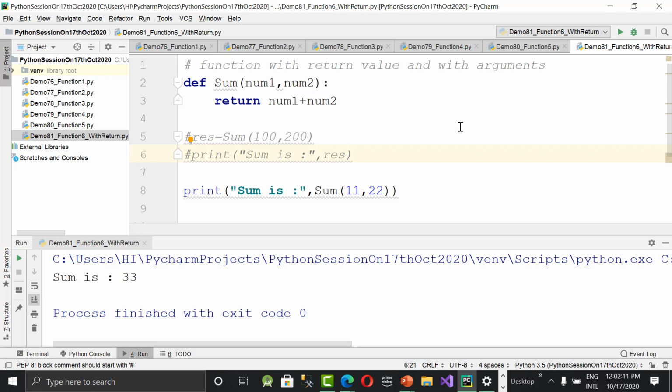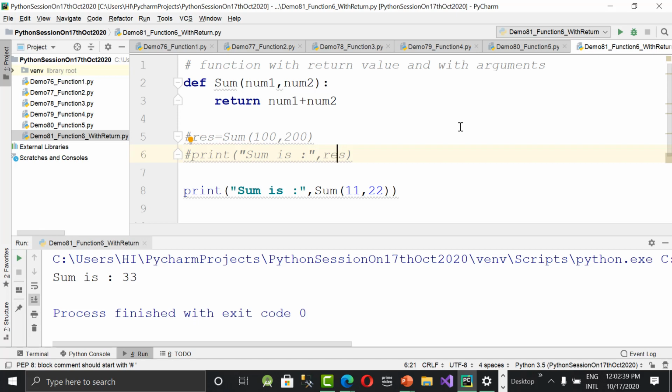So whether you want to return a value or just print the sum of two numbers is up to you. That depends upon the context; we go either by returning or not returning. Is it clear, guys? You need to try the same example with the product of two numbers: how to return the product of two numbers, and if the product is odd or something, then only print it. Like that, you can do the task.